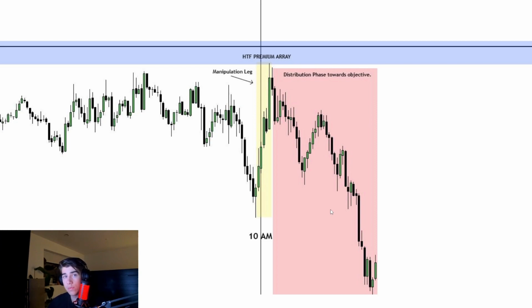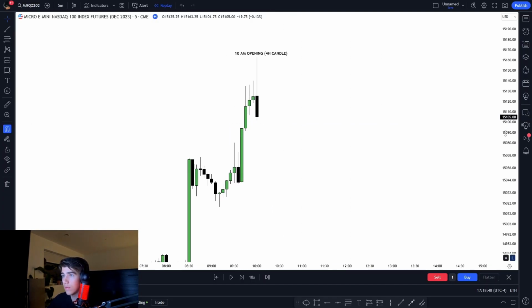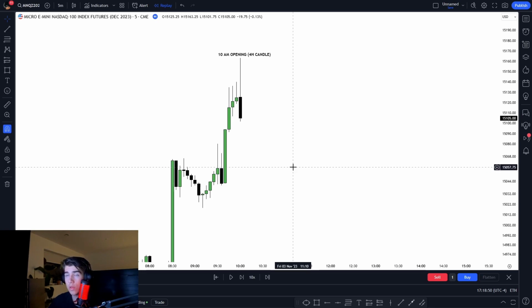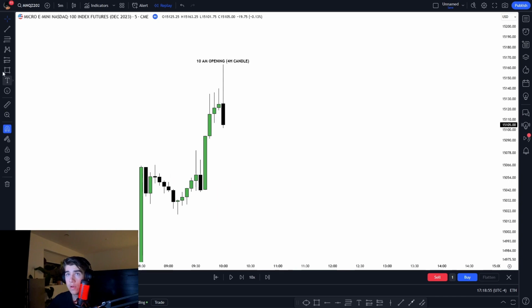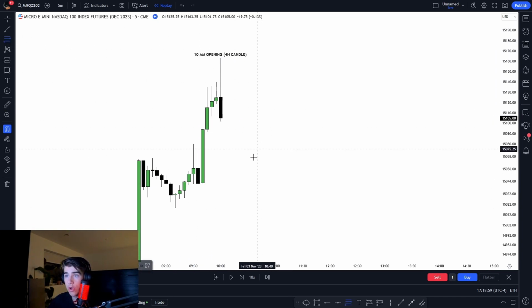Let's look at, there was one example today, I think, even though there was NFP today, so unfortunate price action, but let's have a look at it anyway. Here we are. This was the exact spot where it happened today. So my draw for the day was higher. I had a bullish bias. So what do I do? I see the 10 a.m. opening of the new 4-hour candle. I draw out my